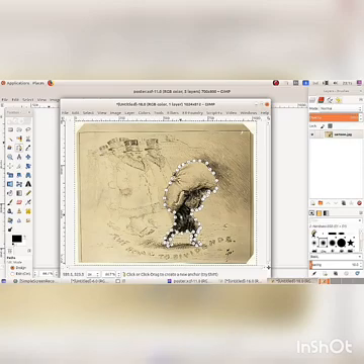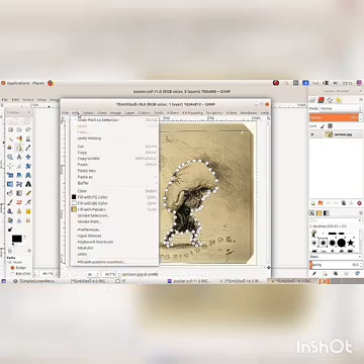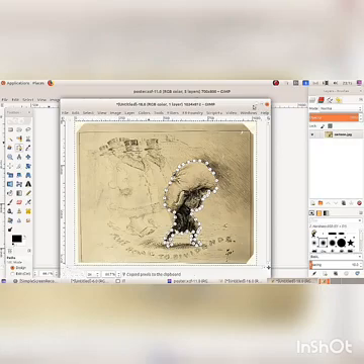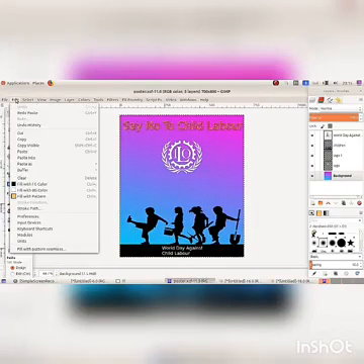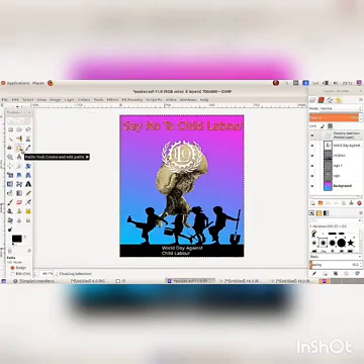Now a moving selection will be displayed on the part of the image. Then click on the Copy option from the Edit menu. Then go to Poster. Click on the Edit menu, Paste option.